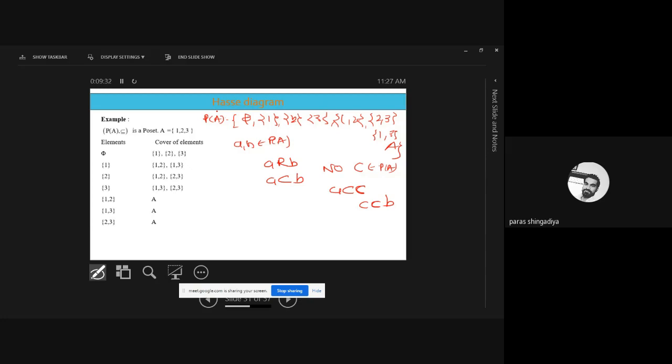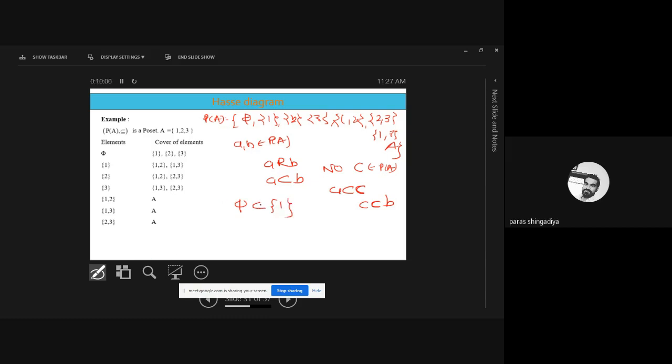As per the condition, we consider A not equal to B. Clear? A not equal to B, you have to observe. So 5 we can compare with the remaining 7 entries: singleton 1, singleton 2, 3, then 1 2, 1 3, 2 3 and so on. You can check it with those. So 5 and 1, clear?